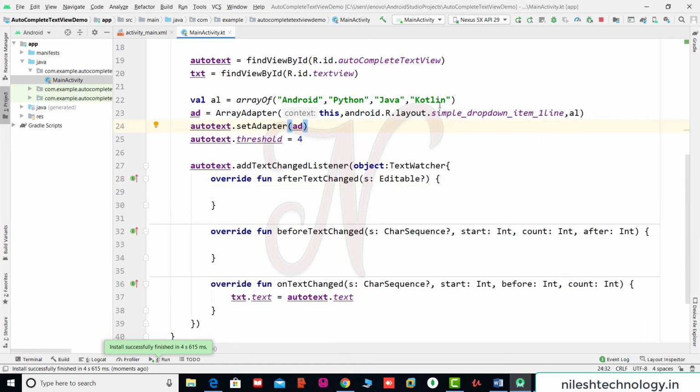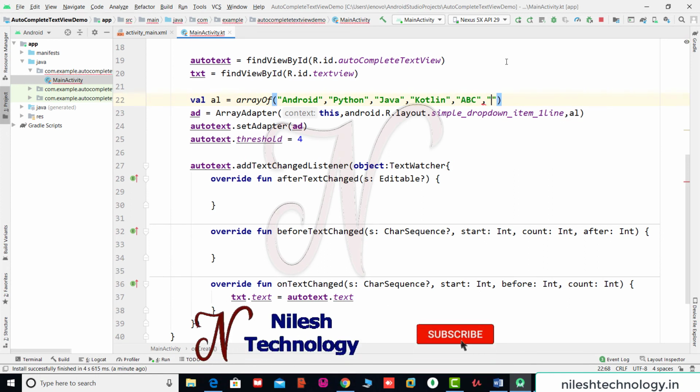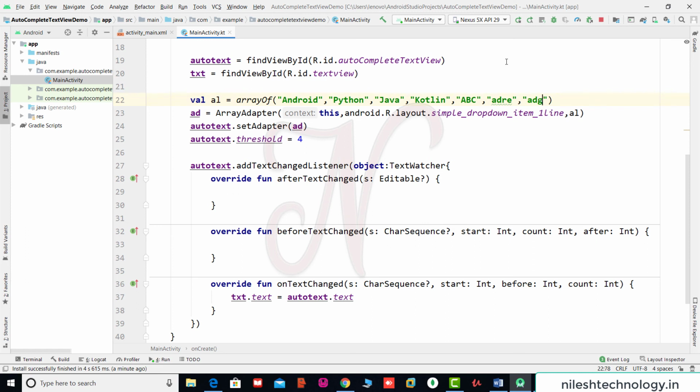So in this array we add some more strings. So for example ABC, then A D R E, then A D G T, then A D G T Y H J, and for example your threshold is 2.